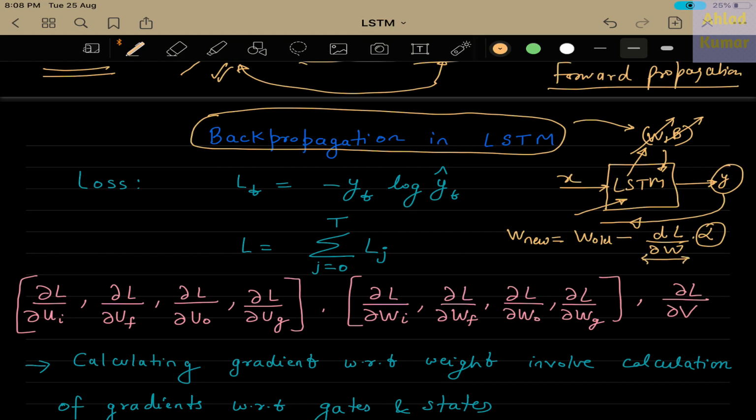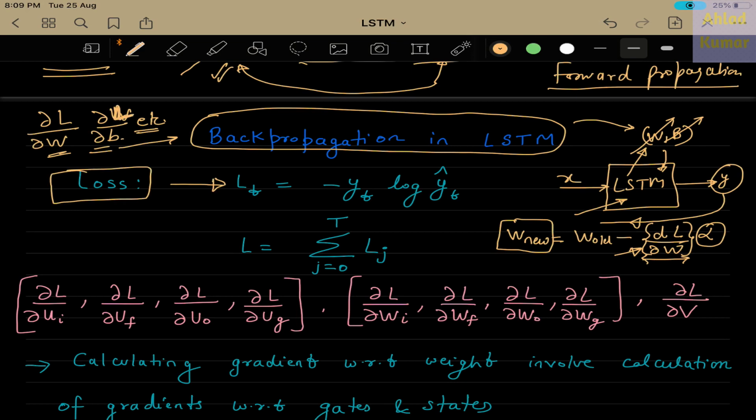So this alpha is the learning rate parameter, and this is the derivative of the loss with respect to the weights. So in backpropagation, what we are interested in is calculating this particular quantity. Once we have it in hand, it is easy to calculate the new weights updated every time during the backpropagation process. So the whole idea of backpropagation is to calculate the derivative of the loss with respect to the weights and the derivative of the loss with respect to the biases. So this is L. We are defining the loss in the backpropagation architecture as this one, which is quite a standard loss we normally encounter in most architectures.